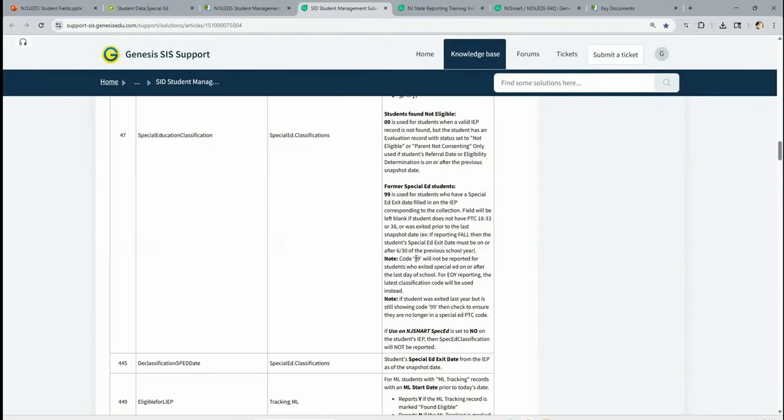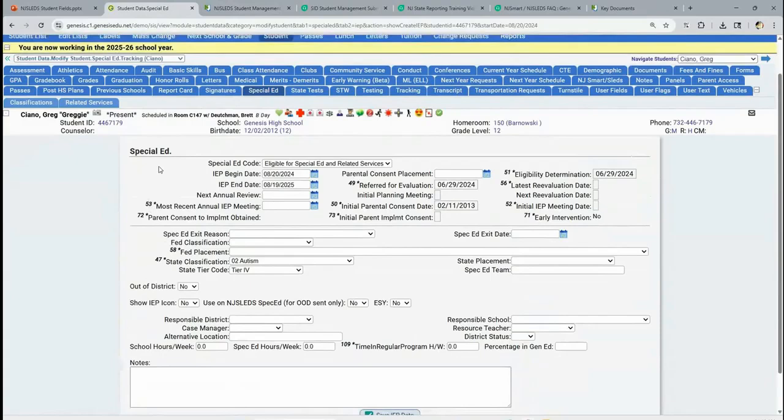So students with code 99 are not going to be reported for students who exited special ed on or after the last day of school in the previous year, right? So in that case, the student would have been reported as exited in your last year's submission, but for this year, you would no longer have that. So if you're not sure why you're missing the 99 or why it's coming up there, just take a look here. It might explain why. It also says to ensure that you have the use on NJ SMART Special Ed, otherwise it will not be reported. So looking at the student's IEP,